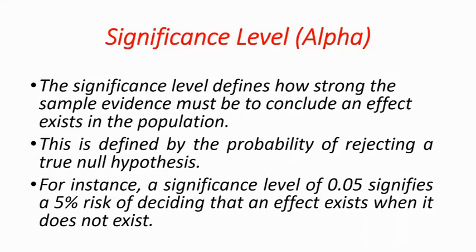For instance, a significance level of 0.05 signifies a 5% risk of deciding that an effect exists when it does not exist. That means it is nothing but rejecting a true null hypothesis. Simply, a probability of type 1 error. That is the significance level, and this is a prefixed quantity. So before the testing procedure, we will fix this quantity. Usually 0.05 or 0.1,